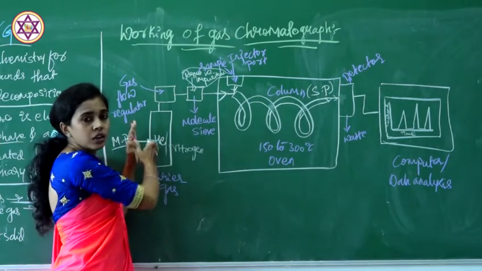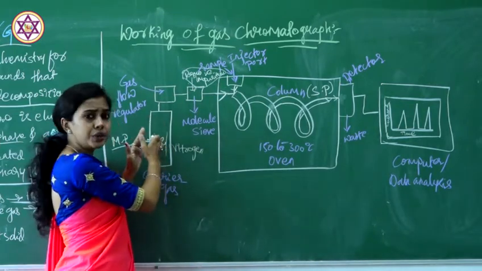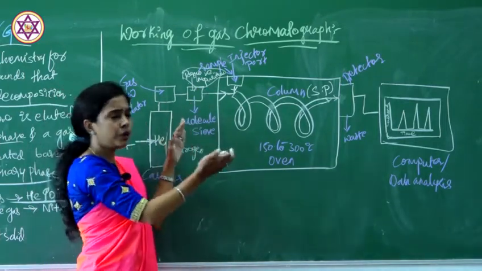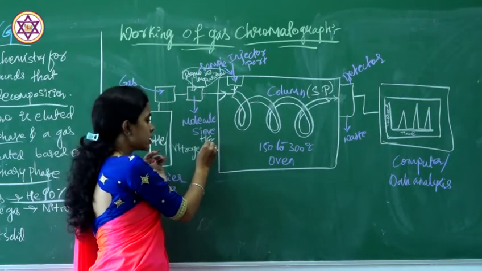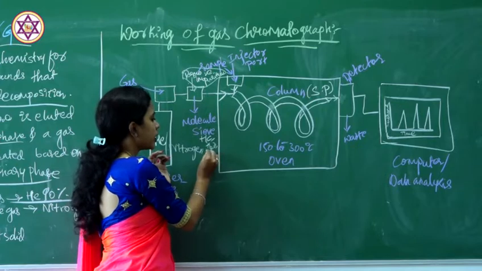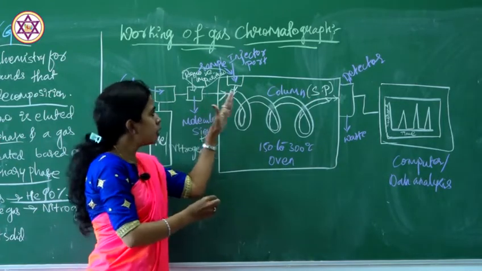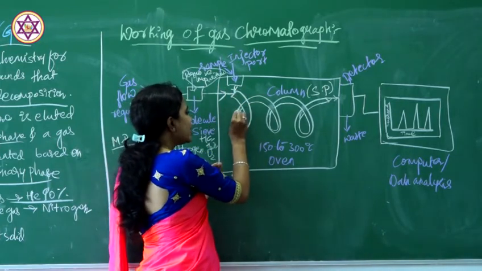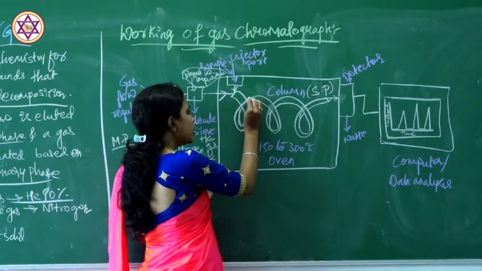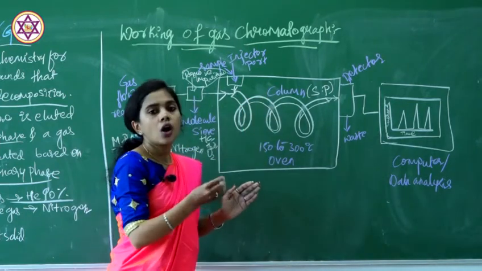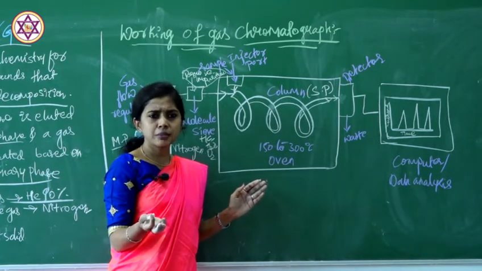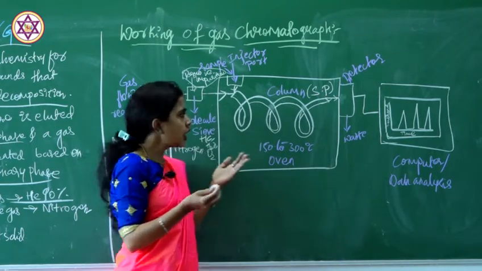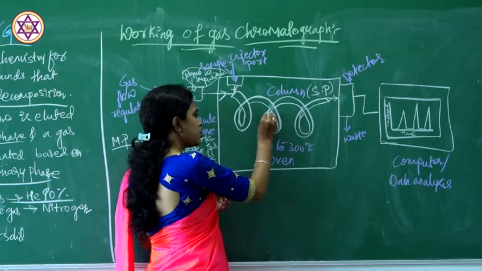So how does the process take place here? First, I take the helium and place it here. Pure helium goes through, and all the impurities are removed, whether hydrocarbons, water vapors, or oxygen. We place the pure helium here, and this column has a thin layer of inert solids like calcium oxide, or it can be a solid or even a liquid. Inert solids like polystyrene, or any inert substance, we place inside.